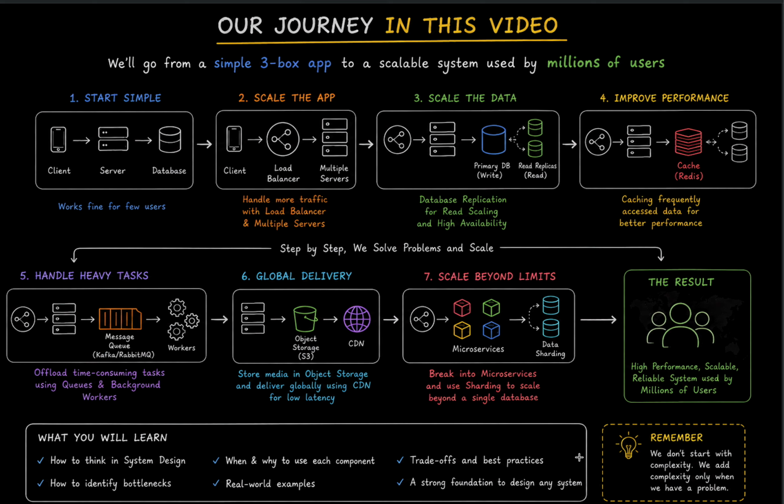invalidation, then scaling: horizontal, vertical, load balancing, then distributed systems. This will have consistency, availability, CAP theorem, distributed transactions. Then you can learn about async systems: messages, Kafka, pub-sub model, event-driven architecture, and finally real system design. And this will include designing WhatsApp, YouTube, Instagram, or an e-commerce platform. And don't just watch these, try designing by yourself.